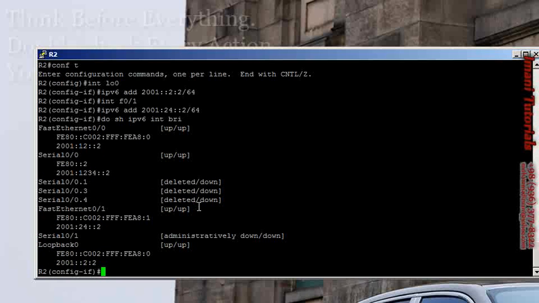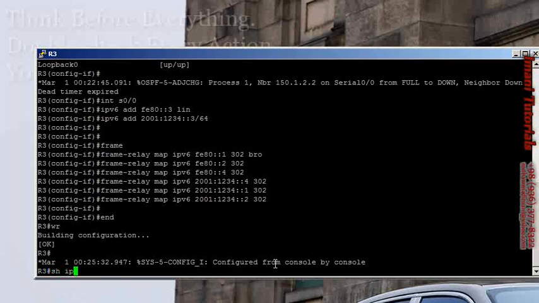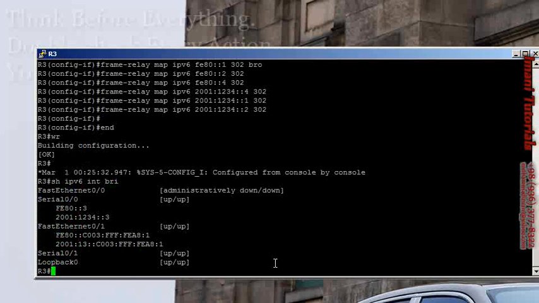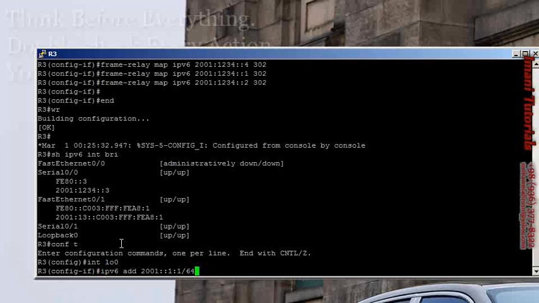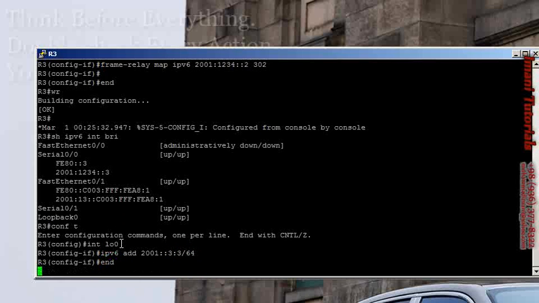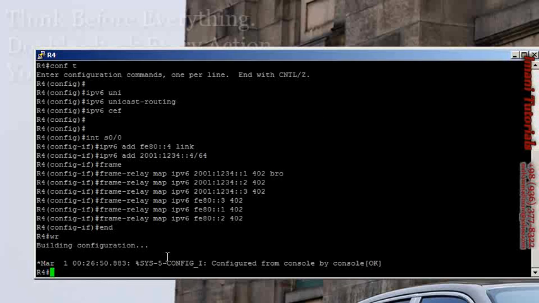Okay, let's go to router 3 and check the interfaces here. Show IPv6 interface brief will tell me which interfaces have IPv6 enabled. I need to add to FastEthernet 0/1. I have, of course, IPv6 on this. I need to add to loopback interface loopback 0, and of course I have a serial 0/1 that needs to have an IPv6 address here. I'm not going to configure that. That's okay for me right now. I add 3 to this, and on router 4, let's check the show IPv6 interface brief result, and you